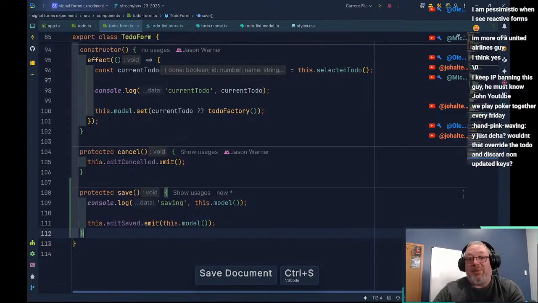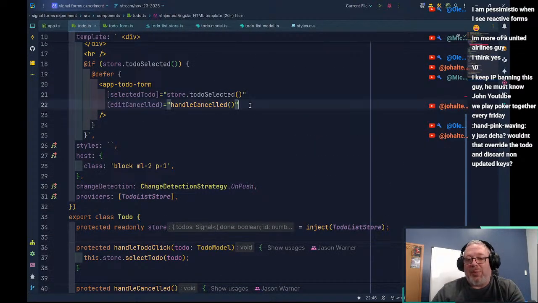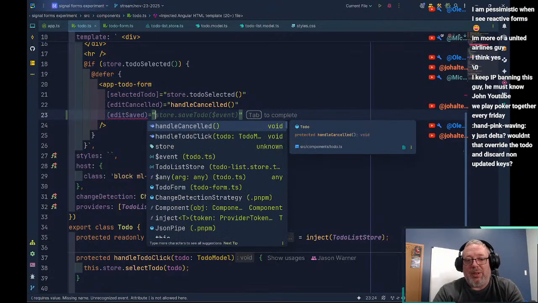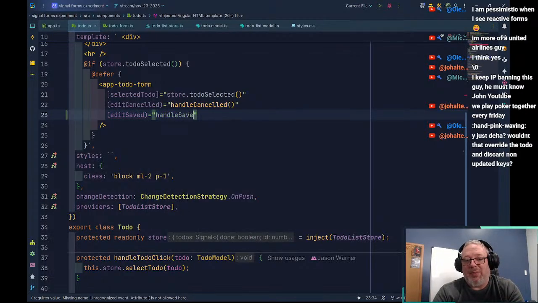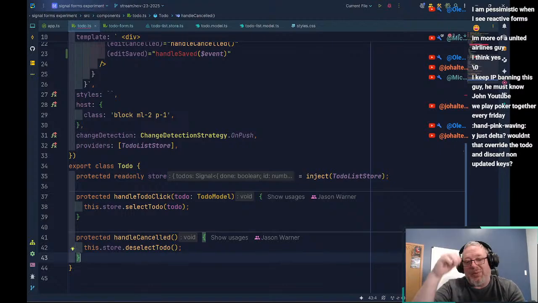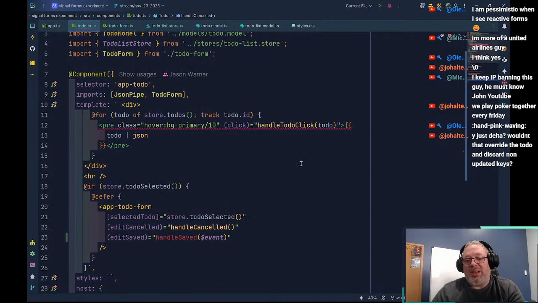So we're going to emit this event, and then in the to do, we have to bind edit saved equals handle saved, and we need a dollar event here. And this is typically why I don't do it this way. The benefit to doing it this way is that the to-do form can be injected anywhere.